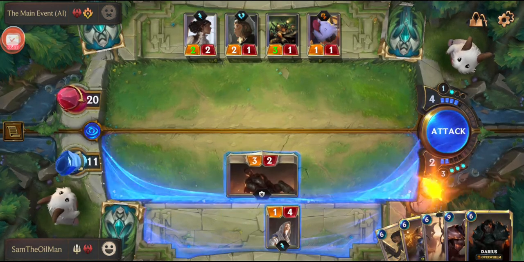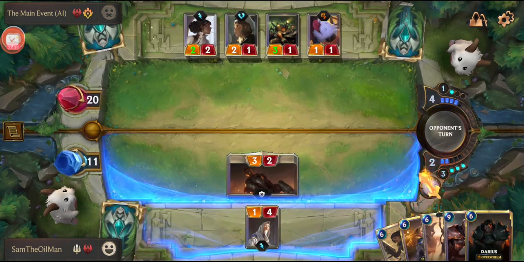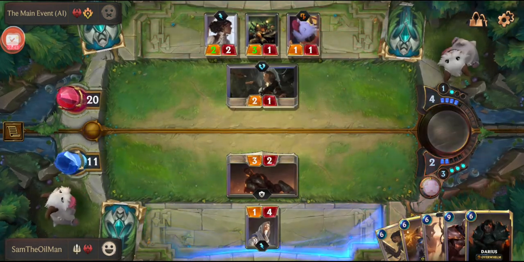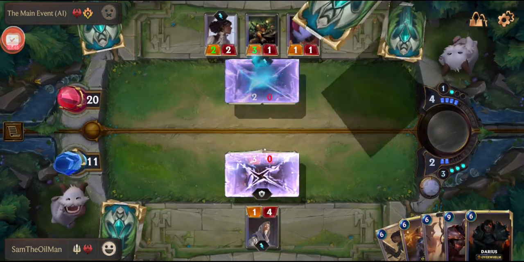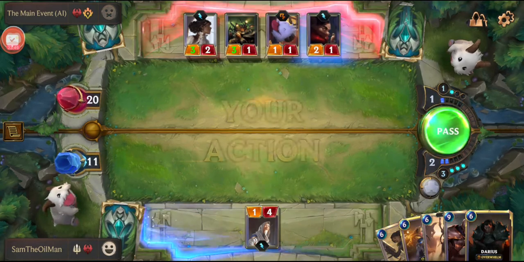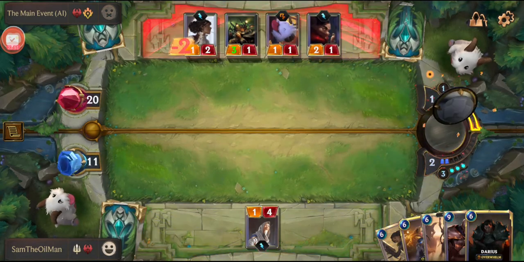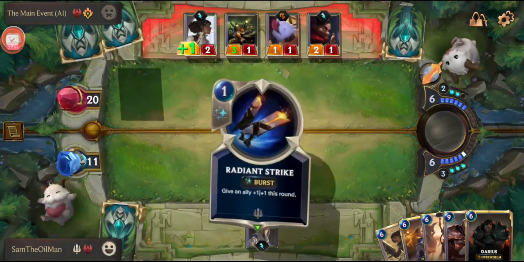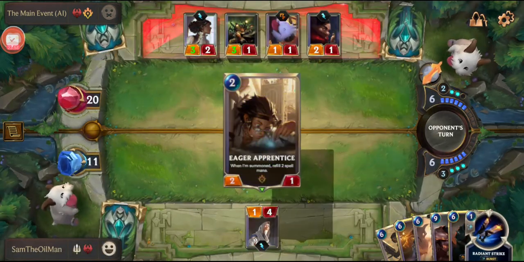I can't block with it. I may as well attack. Let's go ahead and attack and see what happens. Again, I think I'm going to die just because I couldn't get enough cheap stuff out there in time, and he's just going to massively take me out. I think that's what's going to happen here. Let's see what he does. He's drawing cards, really boosting up that